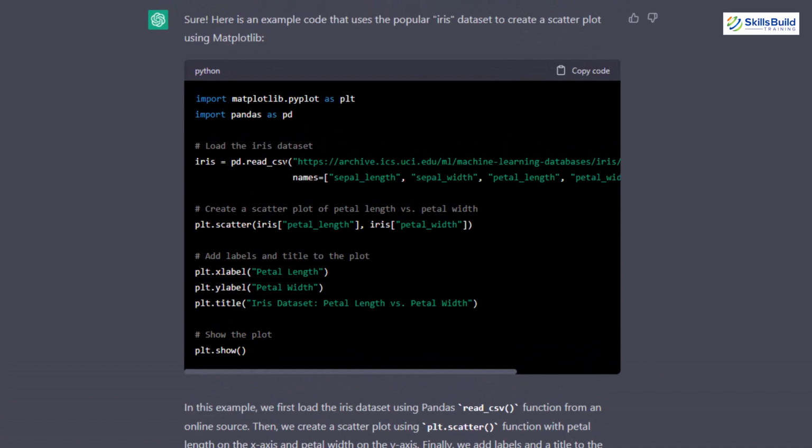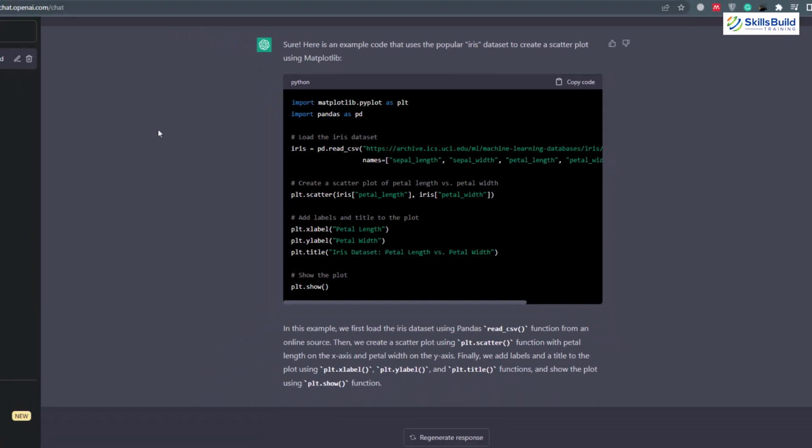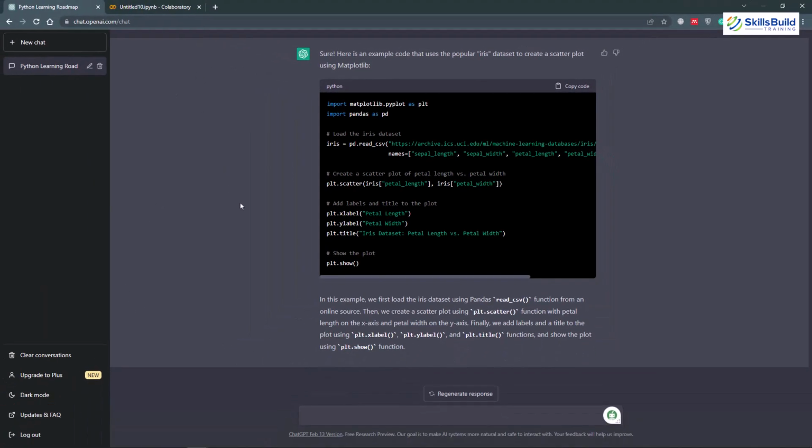And this code will not run in my Visual Studio Code, because to run your data sciences code, you have to install all the needed libraries. For example, as this time we are going to use pyplot, pandas, and matplotlib, we have to install all of them. So either I can install all of them into my Visual Studio Code, or I can use Jupyter Notebook or Google Colab. I would recommend you to use Google Colab or Jupyter Notebook whenever you are going to use Python for data sciences, machine learning or deep learning projects.